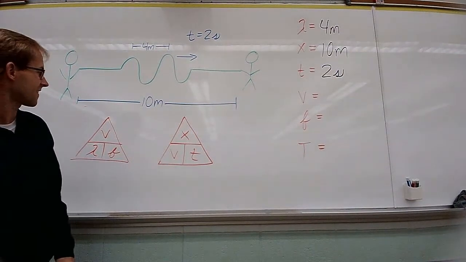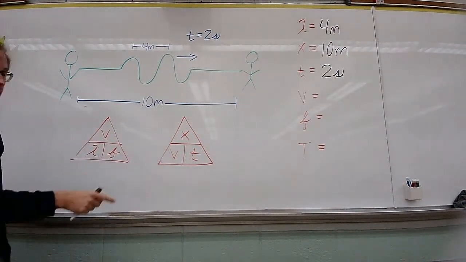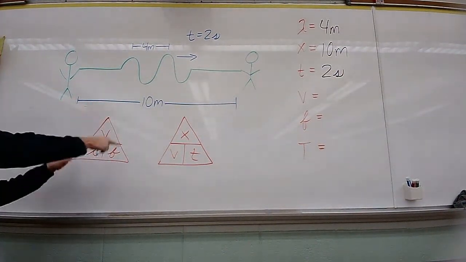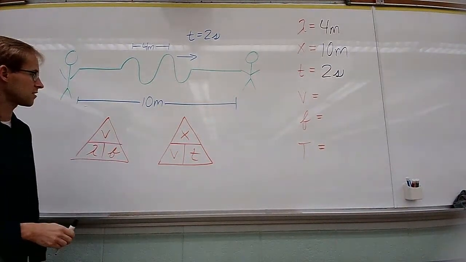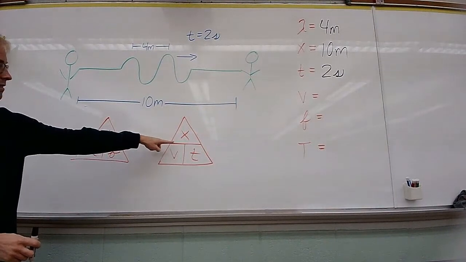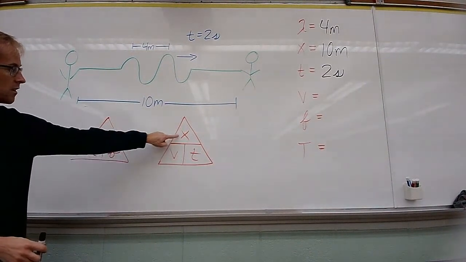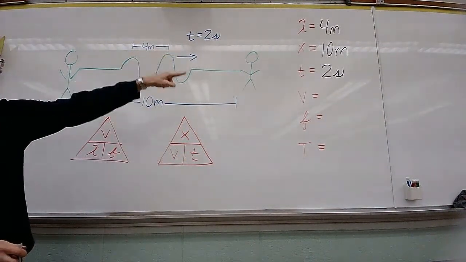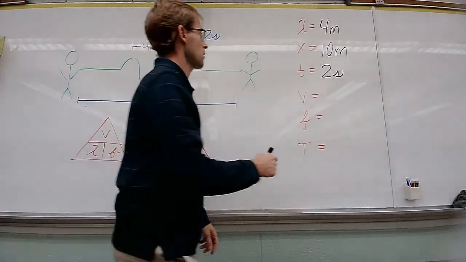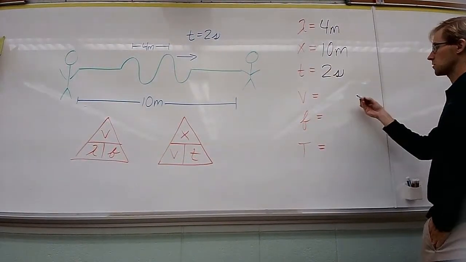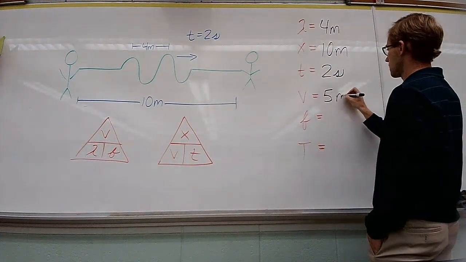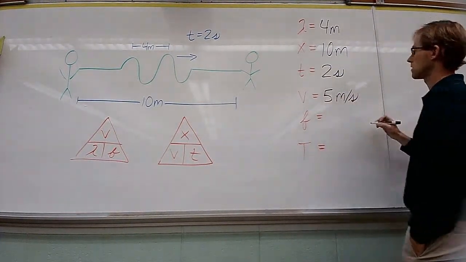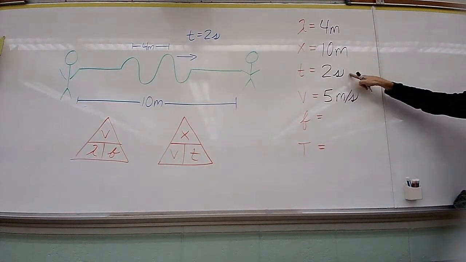Exactly. Yep. There's 2 velocities here. And if this equation doesn't get you the answer that you want, just try the other equation. And so we're going to take a look at this equation right here. Velocity is equal to distance over time. We have distance and we have time. So distance is 10. Time is 2. That means the velocity is going to be 10 divided by 2, which is 5. Units then are meters per second.